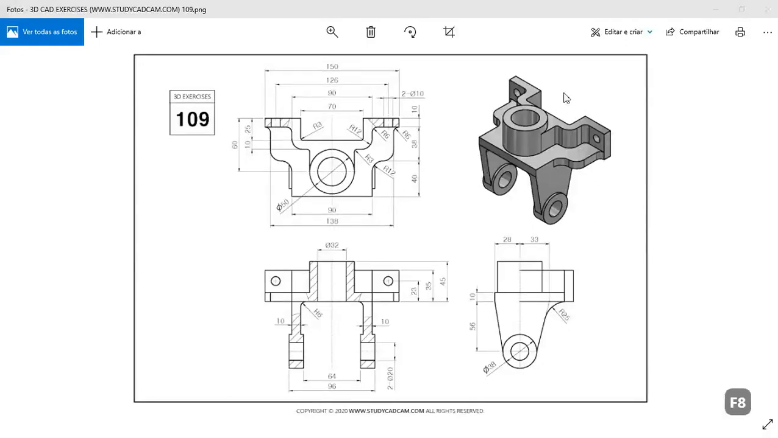Today in this video I'll show you how to design this simple model from StudyCADCAM site as a practical exercise